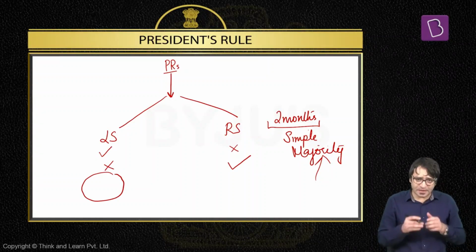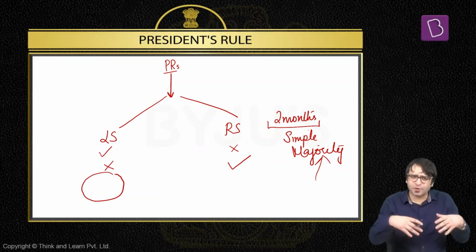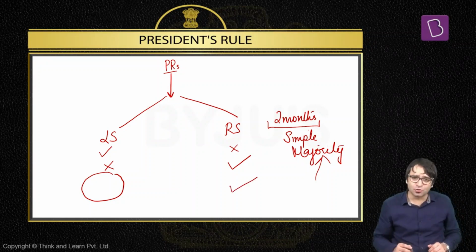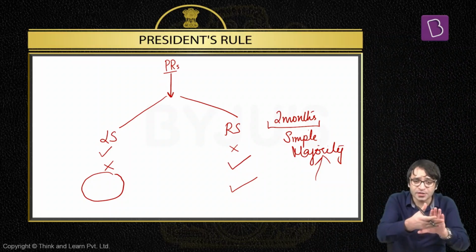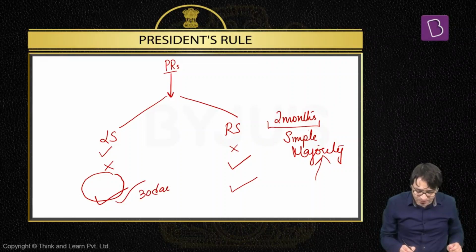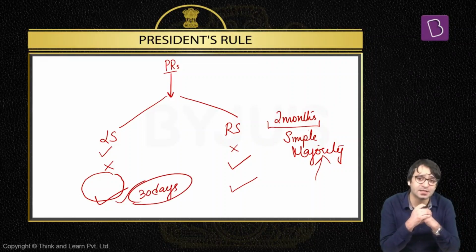Let's say, for example, within 2 months, president's rule imposed today, within 2 months, Lok Sabha is dissolved. For a variety of reasons, Lok Sabha has been dissolved. If Rajya Sabha has approved president's rule, this president's rule will continue in that state. Now, Lok Sabha has been convened. Once new Lok Sabha has been convened, within 30 days of its convening, this Lok Sabha will have to approve President's rule within 30 days of its recommencement, that too by simple majority.